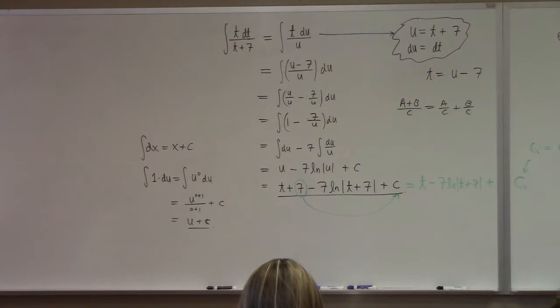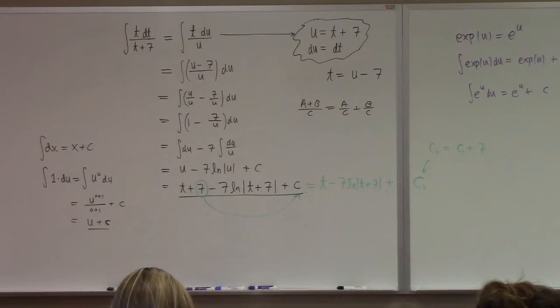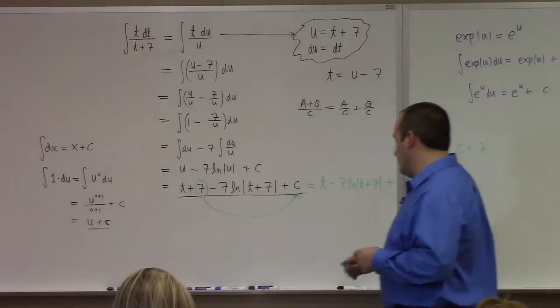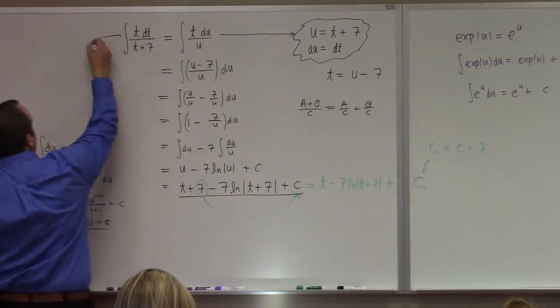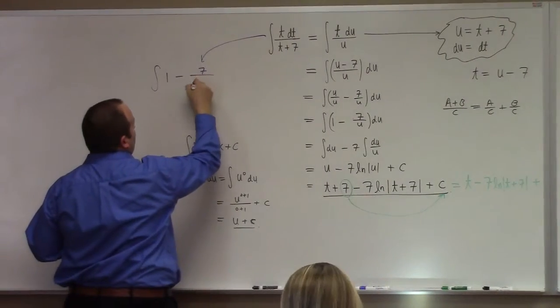Anyway, the point is that these are two different antiderivatives, ignoring the constants, right? They're just two different antiderivatives for the same integrand. So both of those would be right answers, but WebAssign might be looking for the one I wrote in green, or the analog of it for your problem. By the way, that's what you'd get from their hint would lead you to that green answer. I mean, the hint basically is to go, hey, well, this is the integral of 1 minus 7 over t plus 7.